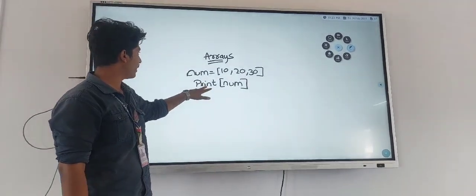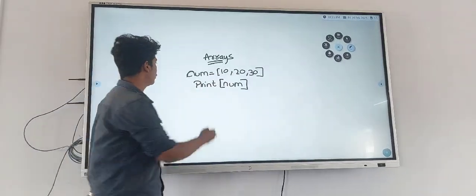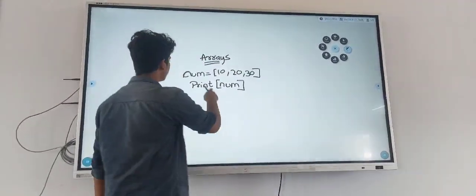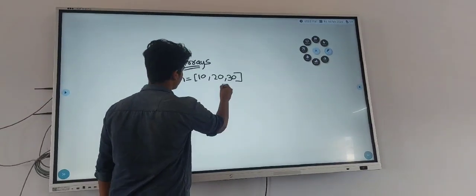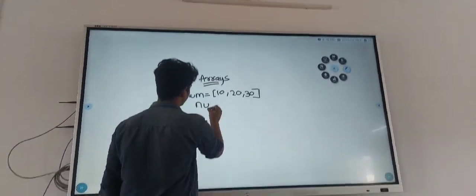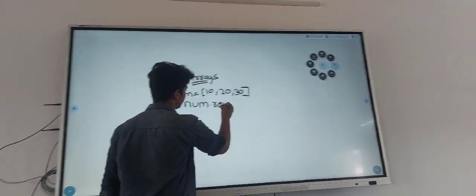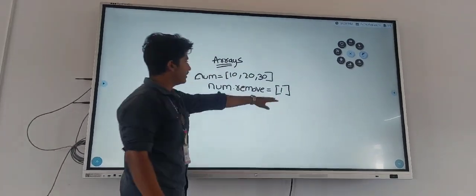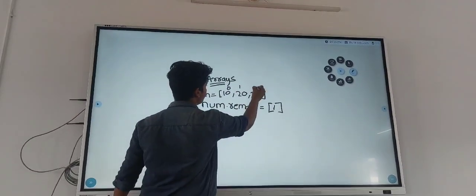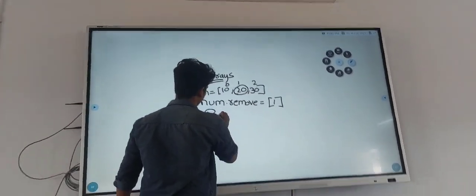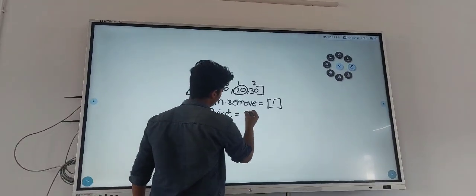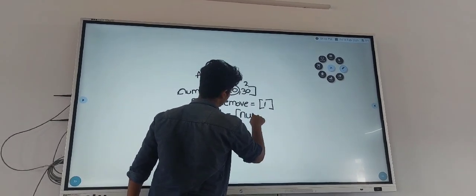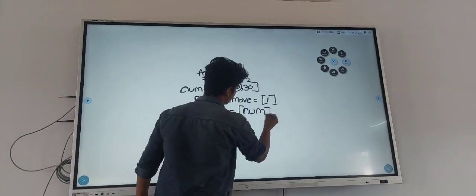Now, how to remove an element in the array. So, nothing but you have to add. The index is nothing but here 0, 1 and 2. So this will be removed. So the output will be